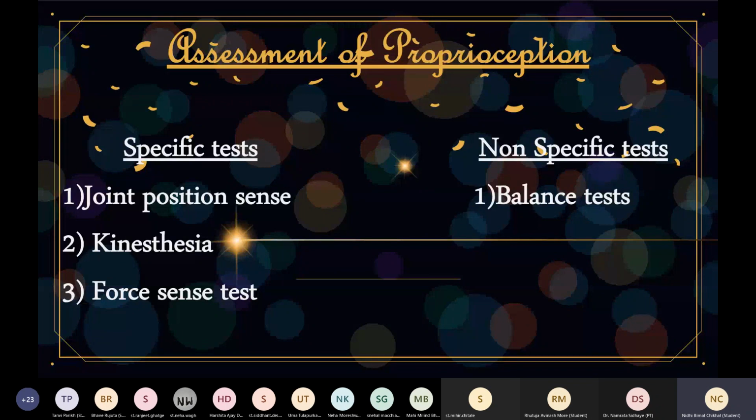Specifically in ACL injury, we can ask the patient to stand facing a wall, and the therapist performs a passive movement of knee flexion very slowly, and we can ask the patient if he could feel that the movement started or not. Then kinesthesia can be tested by asking the patient to align the affected limb with that of the contralateral limb. Then force sense, which can be measured with a pressure biofeedback device, which we will be seeing in the